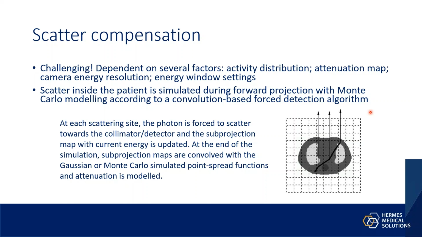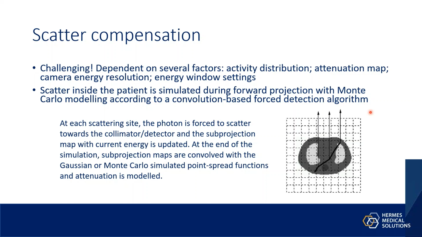The last but not least compensation is the scatter, and this is probably the most challenging one. For attenuation, we know that the photons attenuate according to the exponential law, and for the collimator point spread function, we can quite often use the 2D Gaussian model, but it's really difficult to generate some kind of mathematical scatter point spread functions. And due to those problems, Hermes has selected the approach to use Monte Carlo modeling of the